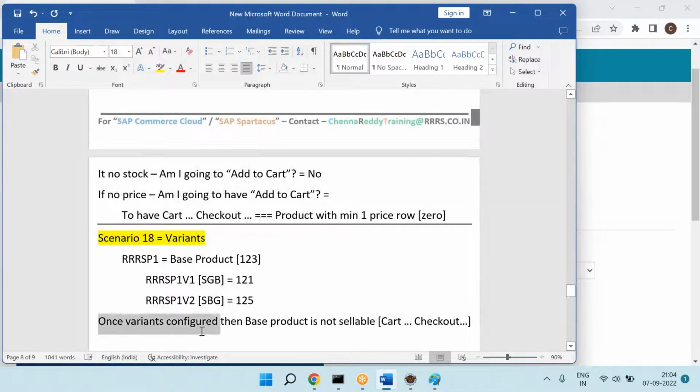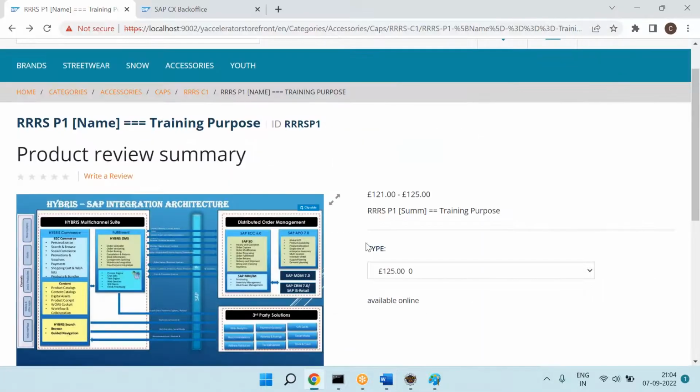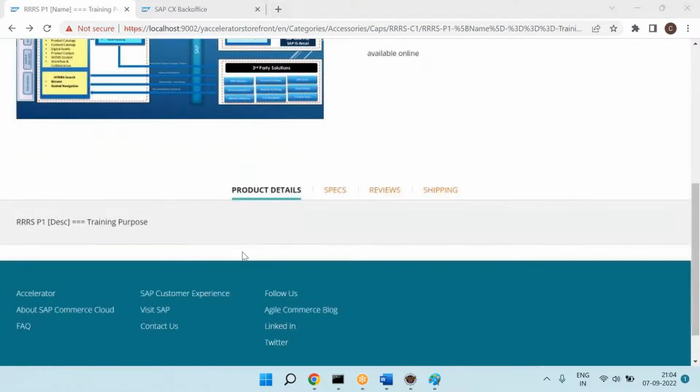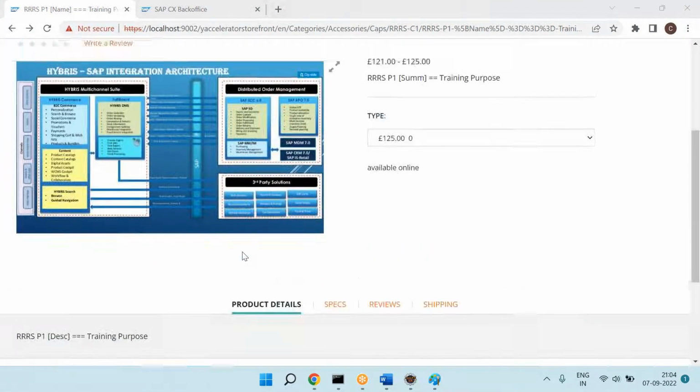Okay, so therefore, once you configure the variants, then base product is not sellable. So these are all the functionalities given for us. Okay, and so on, so on. So next, that's about this one. The next one is,